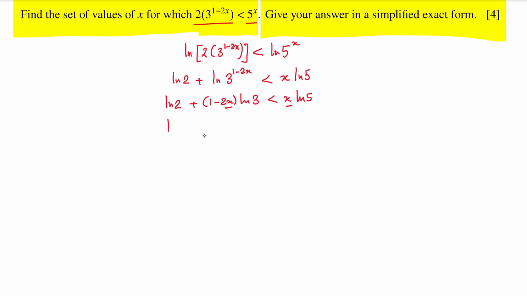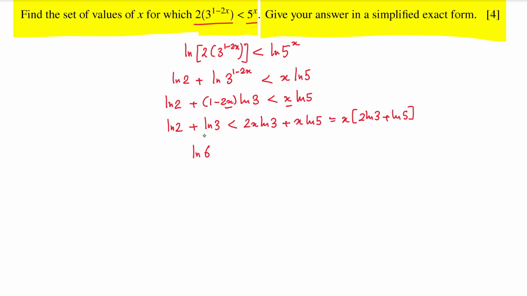So it is ln of 2 plus ln 3 into 1 is ln 3, and then it is going to be minus 2x ln 3, other side it would be plus 2x ln 3 plus x ln 5, the previous one, and then taking x common here we will be left with 2 ln 3 plus ln 5. Ln means natural log. Left hand side we get a sum, so we can use the property, and then 2 into